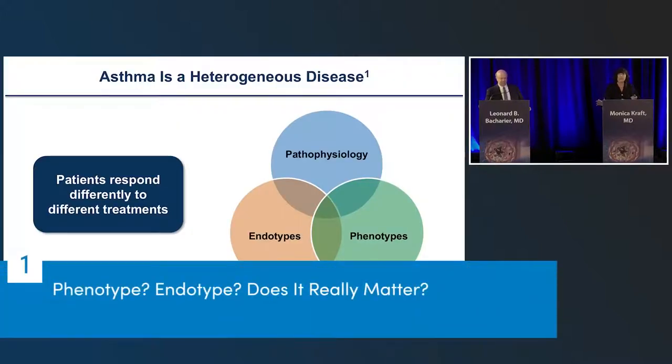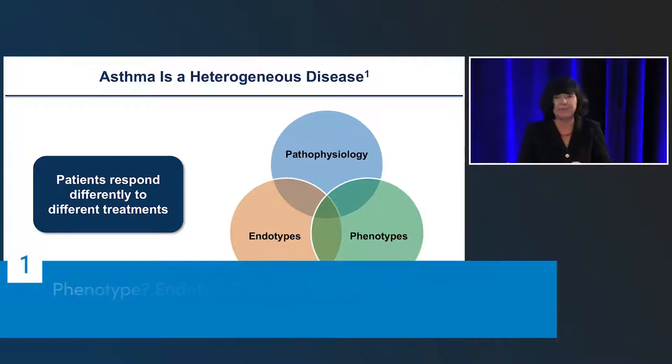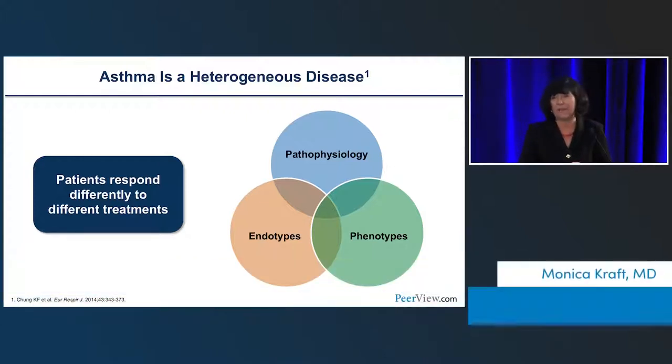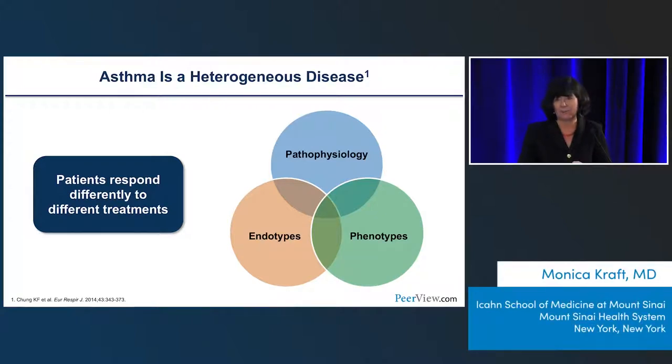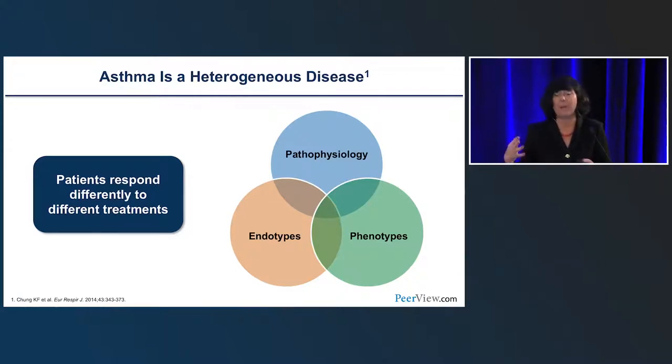All right, so I think we've all really come to the realization that asthma is a very heterogeneous disease. We don't have a one-size-fits-all approach. And as I like to say, I think it's a really great time to be in the field. There are so many options that we have for therapy, but also really for determining what kind of asthma our patients have in clinic. And there's a lot more in the pipeline around ways to do that. So I think it's a really exciting time to be able to offer a lot of options for our patients,